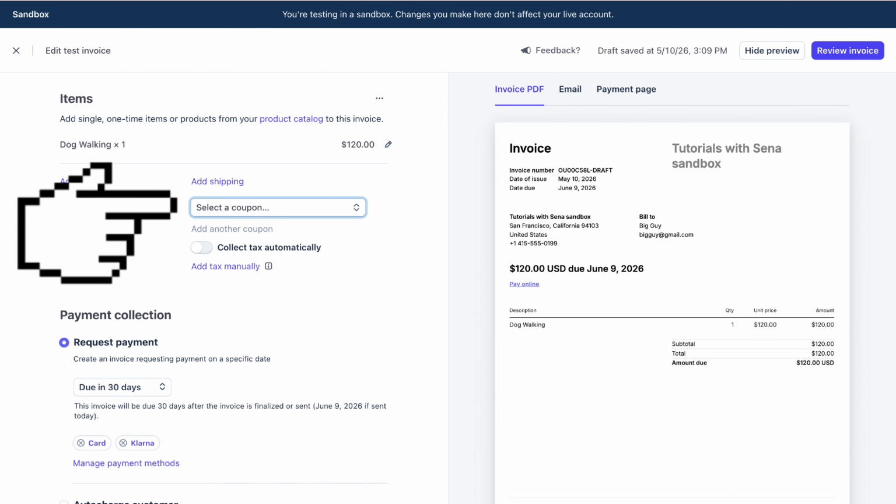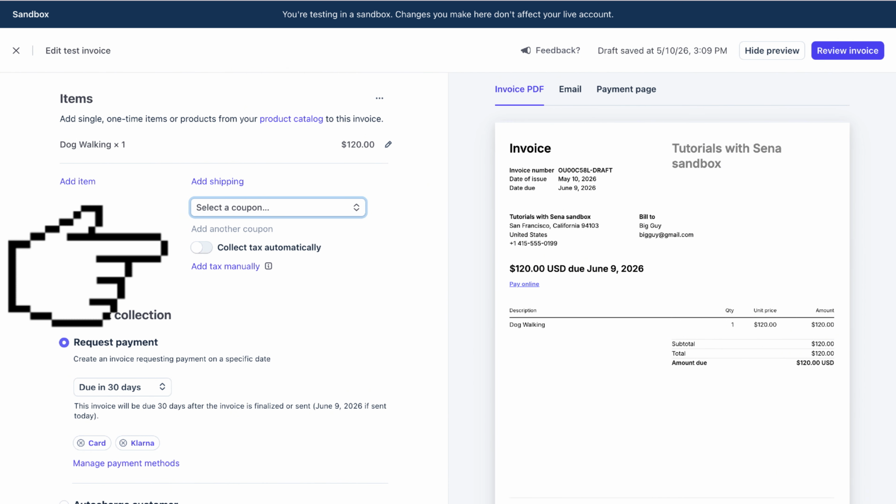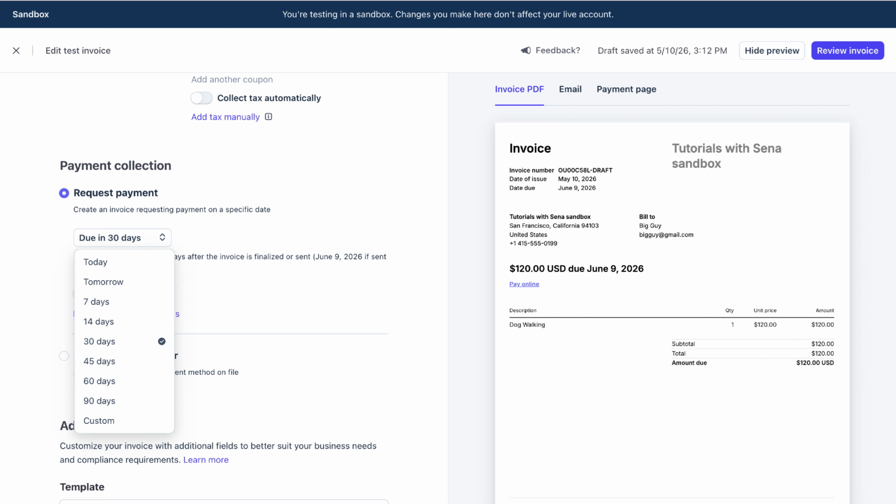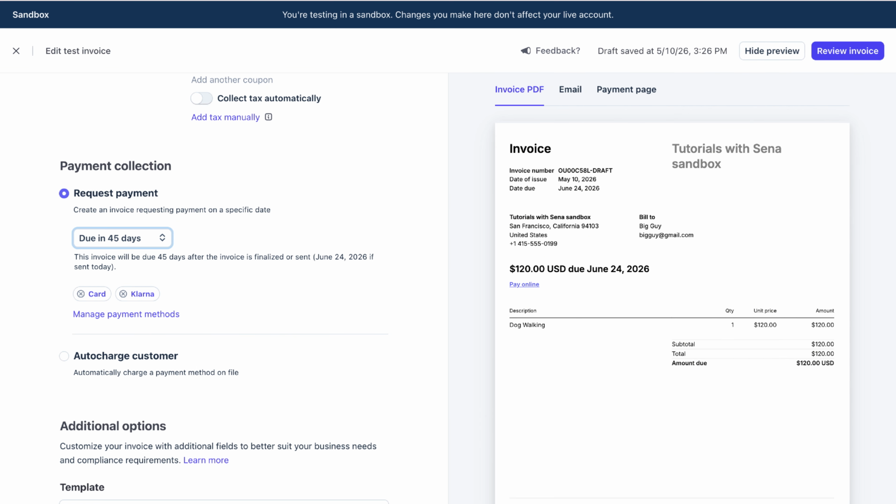After that, you may select a coupon to use if you have any, and also collect tax automatically. At the payment collection, you may choose to request a payment to create an invoice, and also you have to decide when is the last date your customer can pay your invoices, starting from the time the invoice was sent to them. Whether you only give them a day, so the last date is tomorrow, a week, a month, and so on and so forth. After you are done, hit the Manage Payment Method option over here,